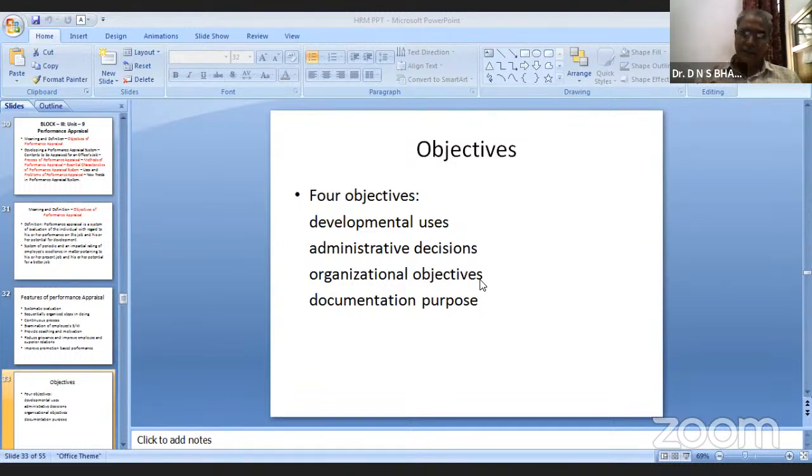Next is organizational objective. So when an employee is working in his organization,